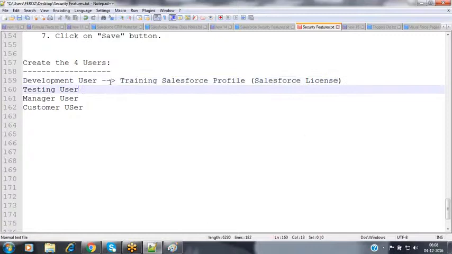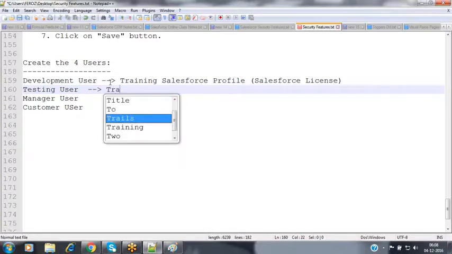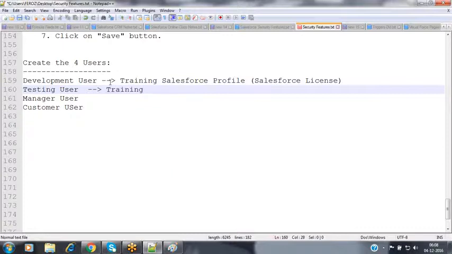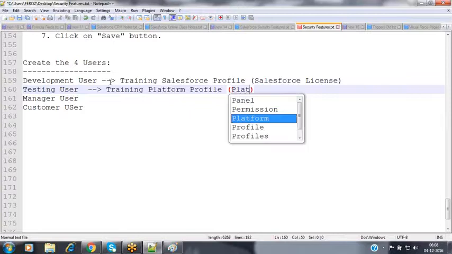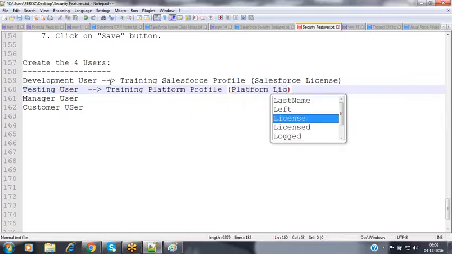Because Salesforce offers 2 Salesforce licenses by default in the free developer edition, and based on that Salesforce license we have configured a profile called training Salesforce profile. That profile I would like to assign to this development user. For the testing user, I would like to assign the training platform profile. This profile is a platform licensed profile.